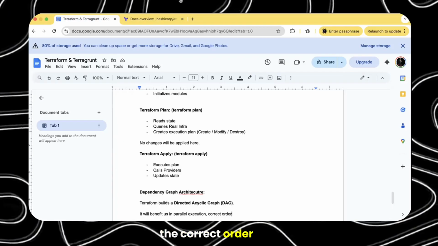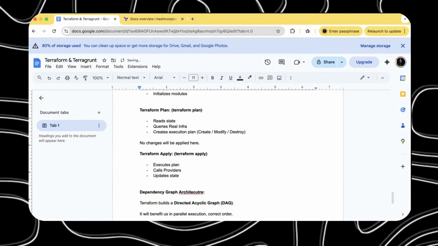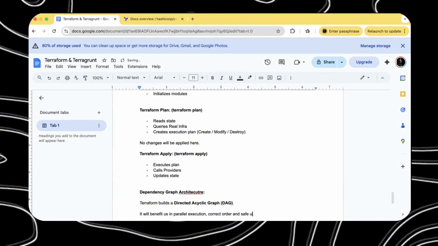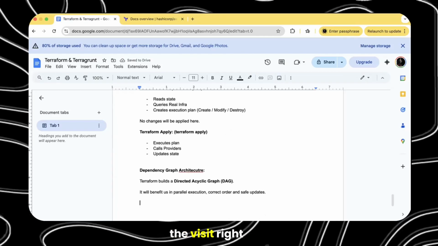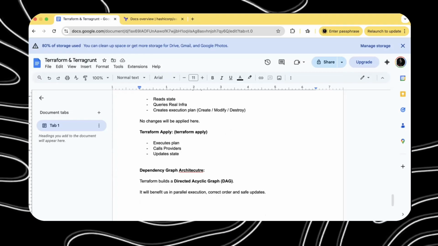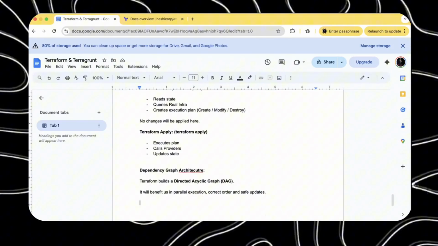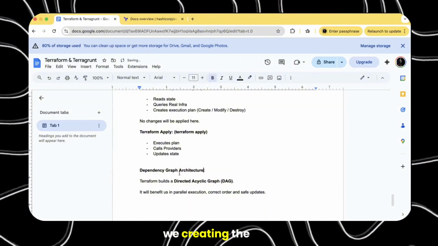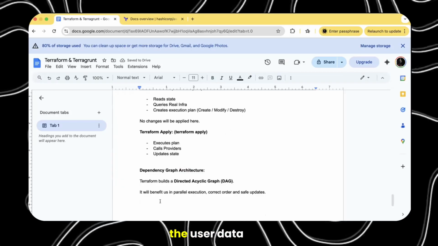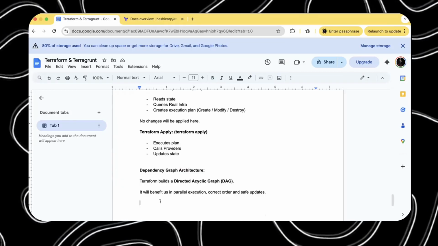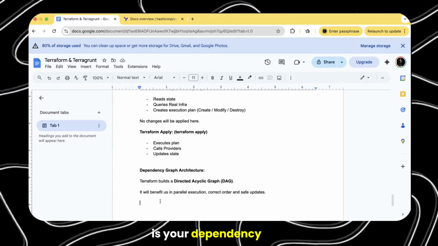What would be the correct order to deploy the EC2? Just create the EC2, right? But there would be some dependency components you need, right? While creating the EC2, we select the name, the security groups, the user data, AMI. Correct. So that means VPC and everything, right? So VPC is your dependency component, right?